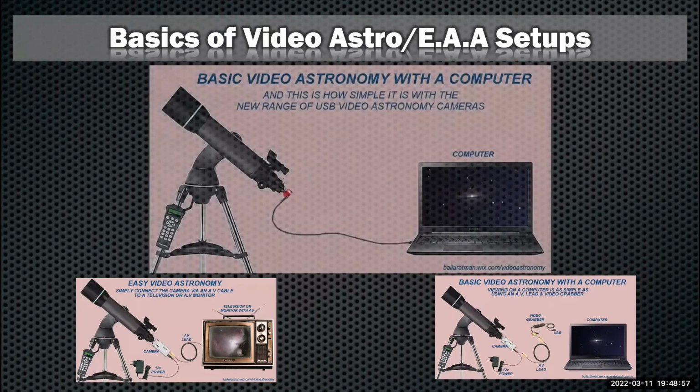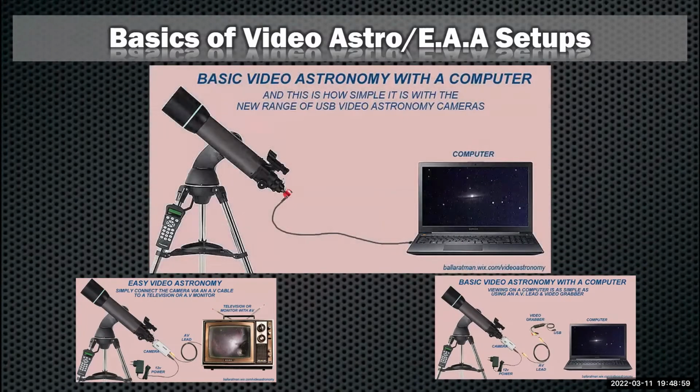And then we have now just a complete computer piece with a more modern camera. And so you only have one cable. The camera itself gets power from a USB from the computer, and the computer can control the camera as well as do all the capturing and processing of data.